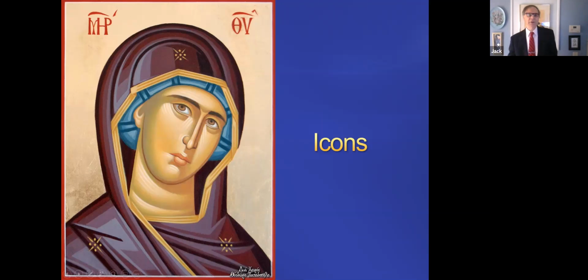So there are very, very large eyes on an icon, because that represents that you're not only looking at it, but they're looking back to heaven as well, right? And an icon is set up in such a way that whether you're standing in front of it or off to one side or off to the other, the eyes seem like they're always looking directly at you. The mouth is very small because you're not supposed to speak to God, but to listen, and then the ears are correspondingly much larger, all right? And some other characteristics are a long, thin nose and a long neck.